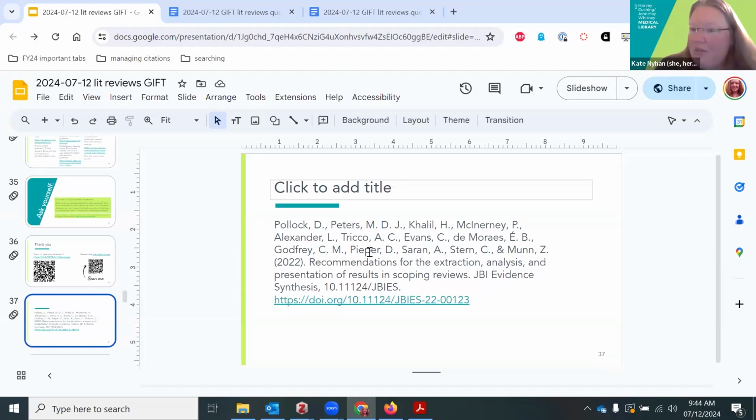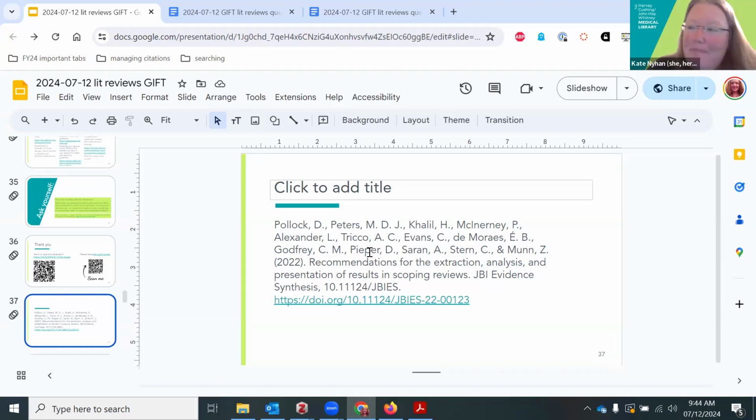Now, a scoping review by its nature is exploratory, not confirmatory. And there's probably going to be some aspects of the synthesis and analysis that you create as a result of reading the included papers. That said, the more clearly you can articulate the analysis plan and the data extraction plan,